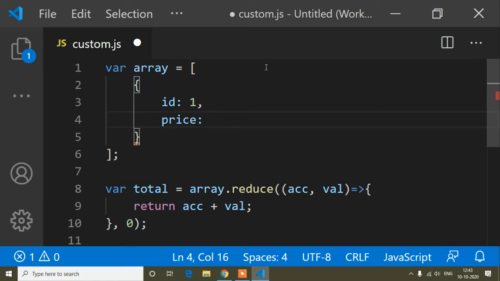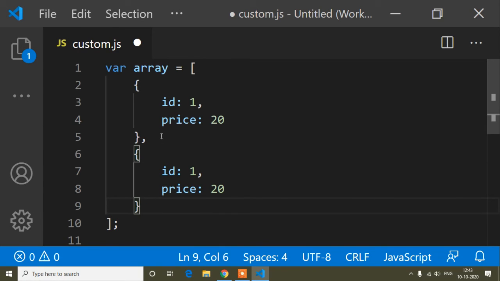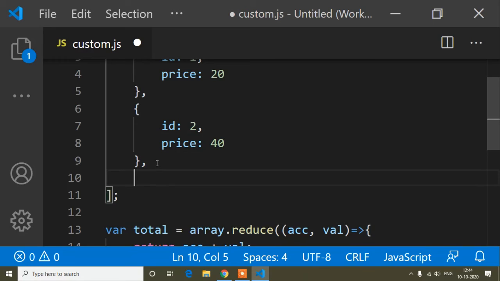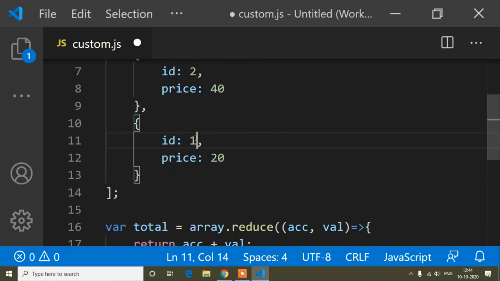I'm just showing an example: if it's multiple objects inside an array, how can we add them? The price is 20, and I will copy this one and add a comma. Now id is 2 and I will change the price to 40, again a comma and paste. Now id is 3 and here 30.